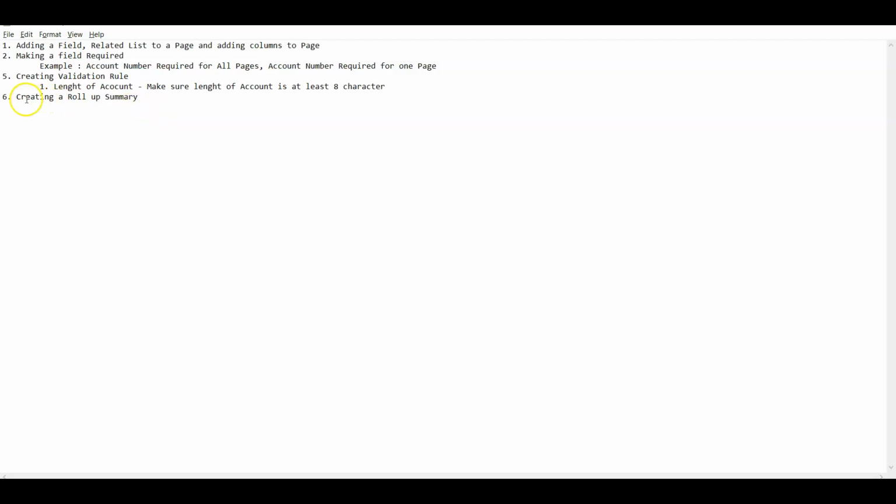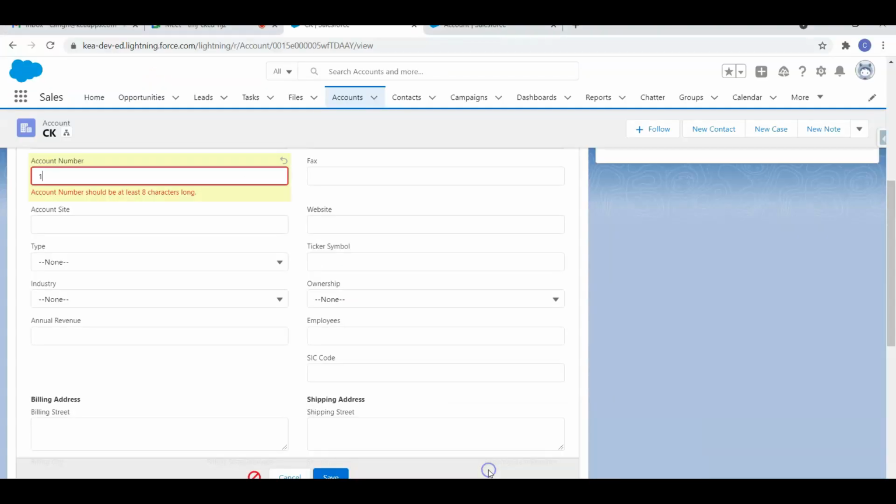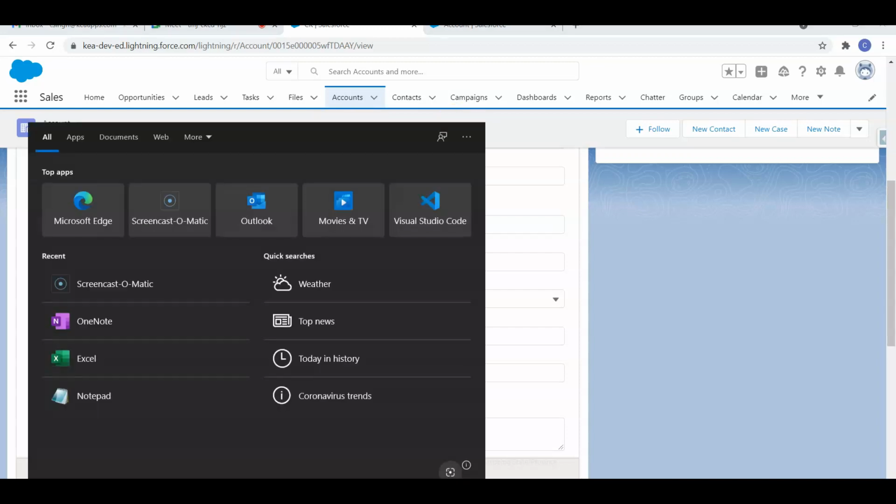Okay, then comes creating a roll-up summary. This is basically creating a field. Now you guys have done lots of master detail relationships. You have created quote and quote lines, right? In those examples, you basically will have a situation where